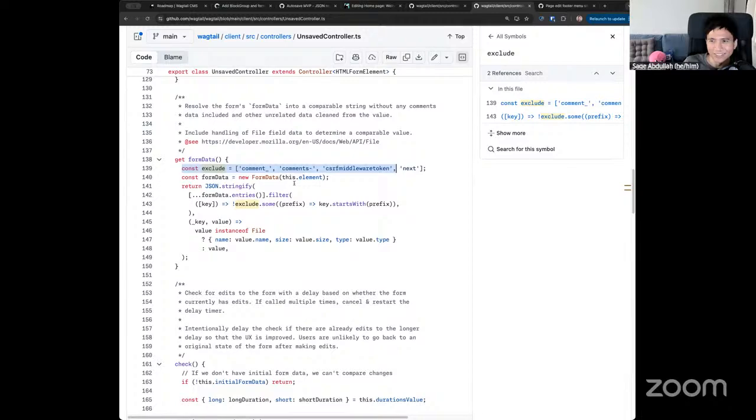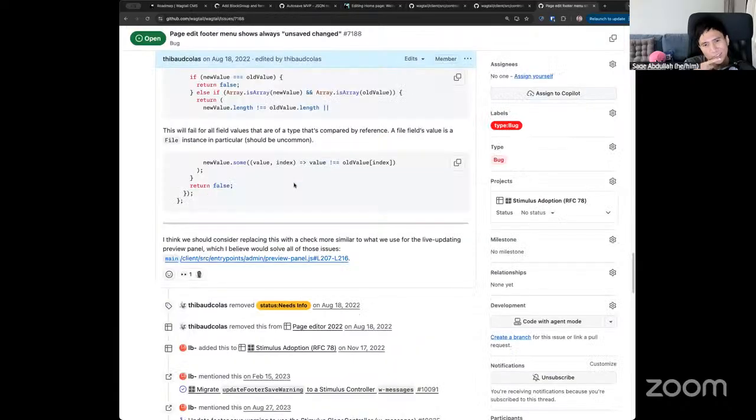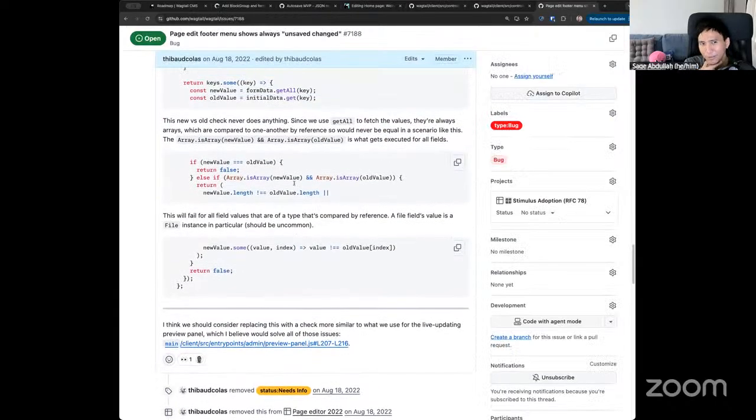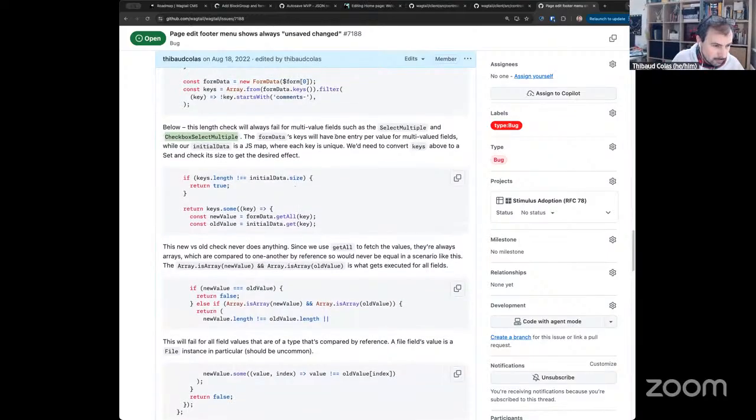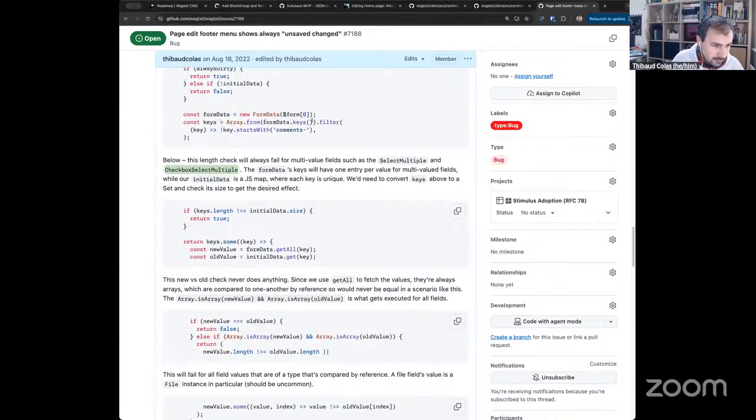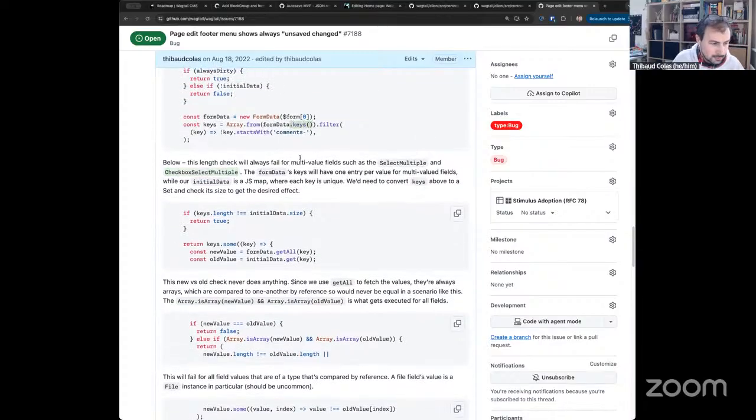So the form data is URL encoded. Whereas in this case, we are just stringifying it using entries, which I don't think would take into account multi-value. It was a much older implementation, so I think the safest will be to